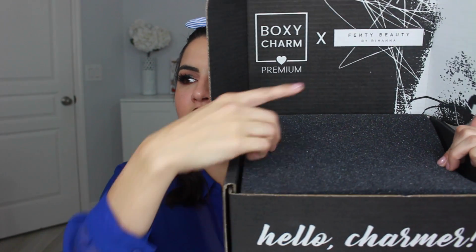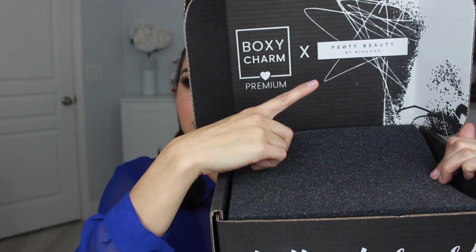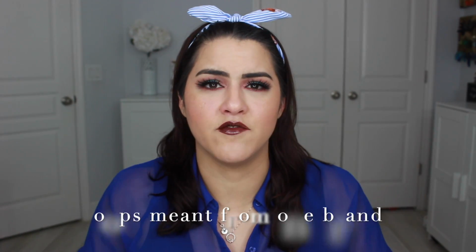Anyways, so this month was kind of different for premium. If you can see there, it's Boxycharm Premium times Fenty. So literally everything in this box is Fenty, which I thought was really cool of them. I hope to see more of this in the future, where everything is one brand, because it's kind of like you get to try a little bit of everything from every brand. So I thought that was a little cool of them to do a different concept. It's something very, very different. Anyway, we're gonna go ahead and jump into this box, and the theme obviously is Fenty because everything is Fenty